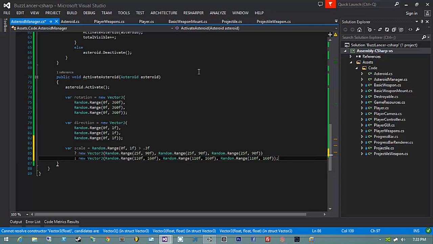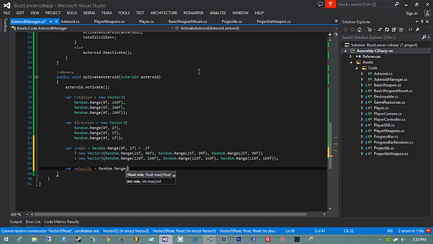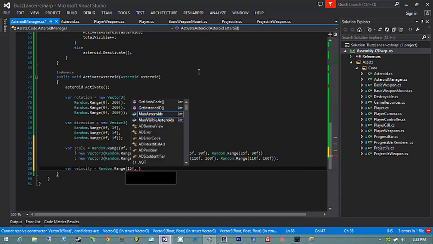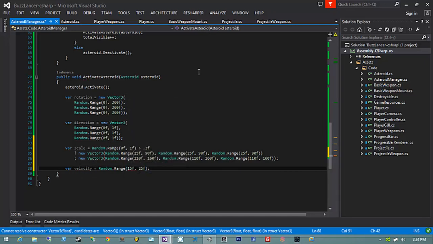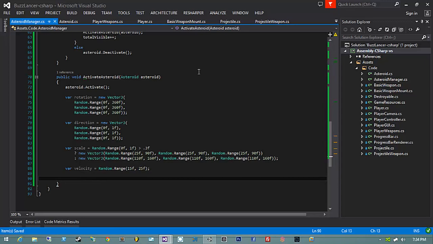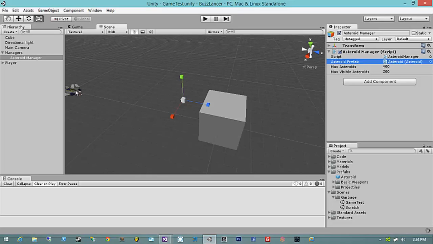Okay. Then I need to compute the velocity. Velocity will simply be random.range 15f to 25f. And finally, I need to compute the position. So this is where things get fun. How are we going to do that? Well, what I need to do is, to make it constantly random,